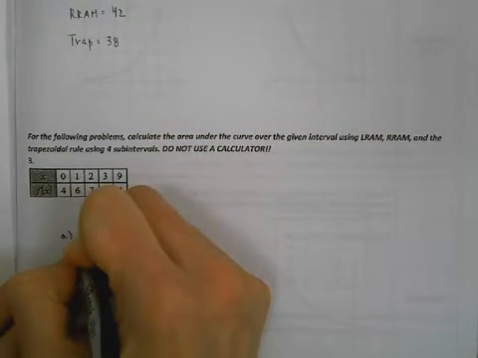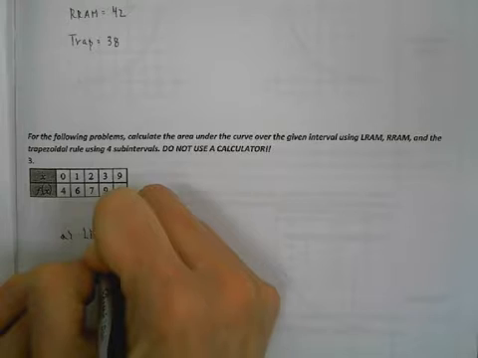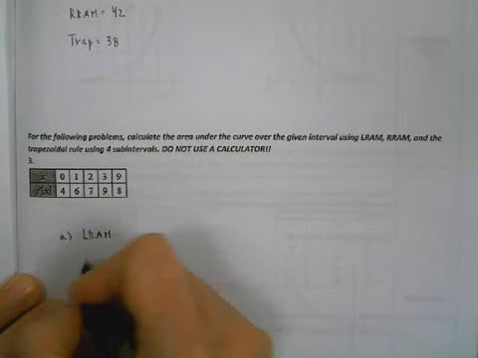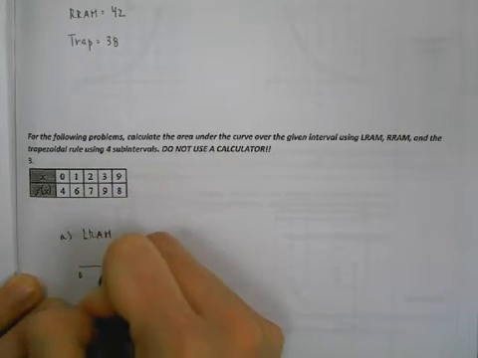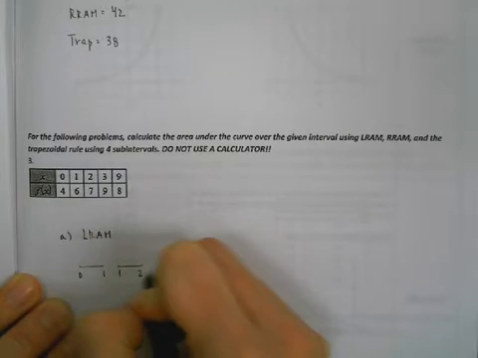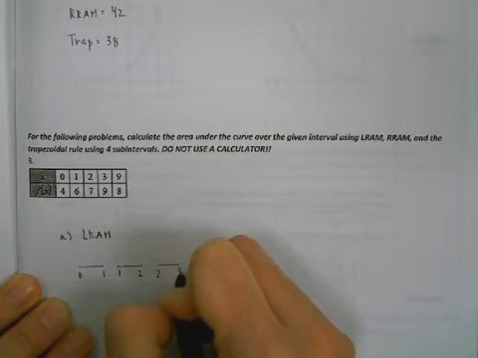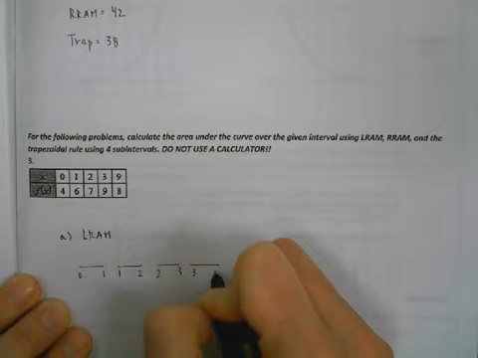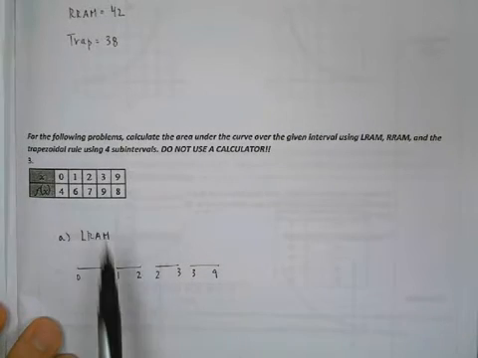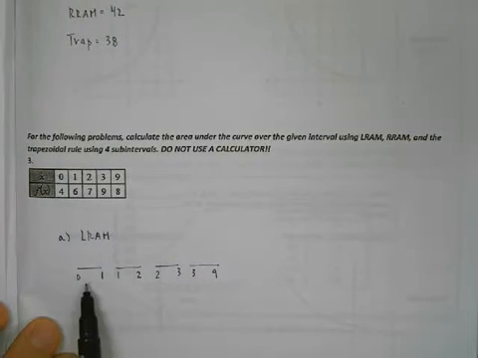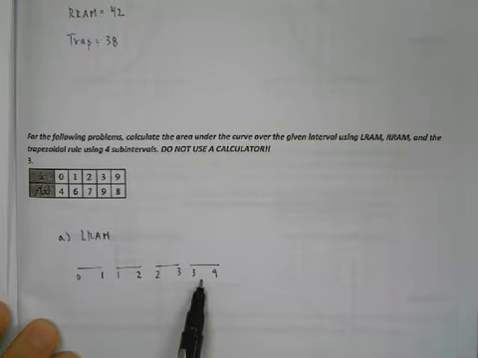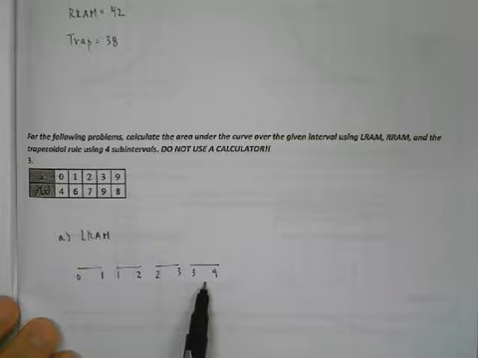So I'm going to do part A here. I'm going to do LRAM. And so my intervals, I have 0 to 1, 1 to 2, 2 to 3, and 3 to 9. So we have to be a little bit careful here. I have my 4 subintervals, but I have to make note that they're not all equal lengths. So this subinterval has a length of 6, so we need to be careful to work around that when we